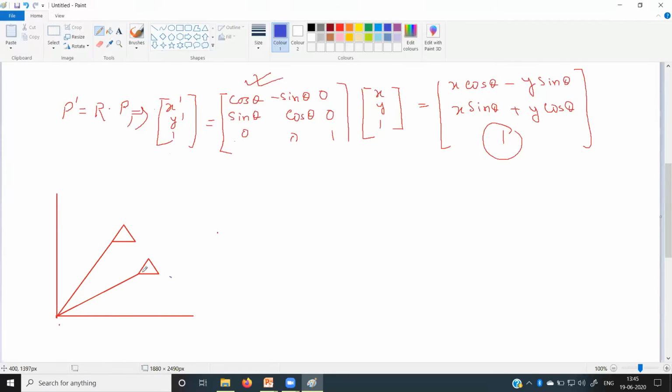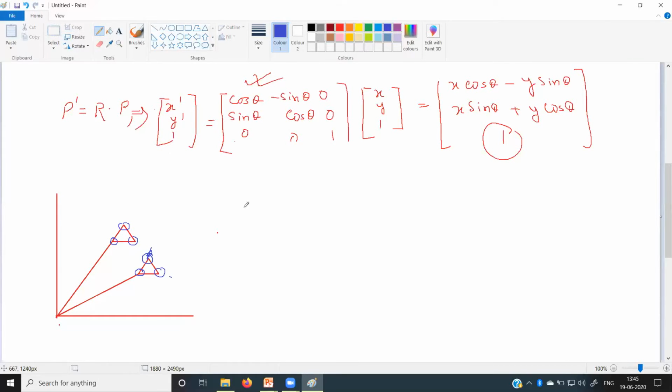So what we will do, we will rotate each of them. We will rotate this point, we will rotate this point. We will rotate this one, and we will also rotate this one. Clear? So we will rotate each of them, and after rotation, ultimately the points will be present over here. So it is very simple. We will take the points, we will apply the rotation matrix on it, we will multiply those points with the rotation matrix, and we will get the rotated object in the new place.